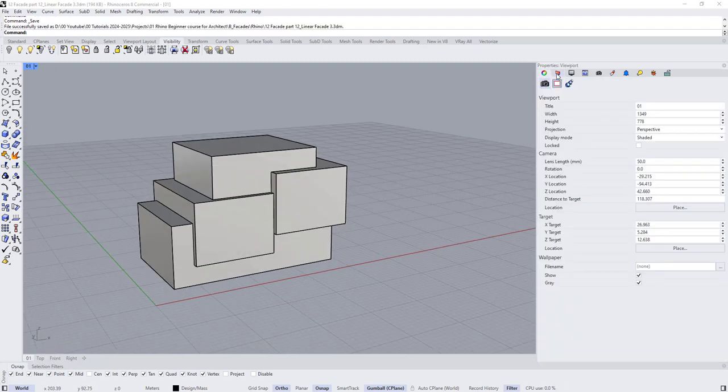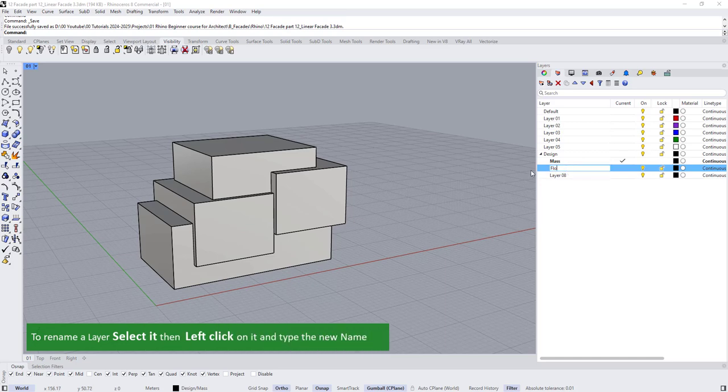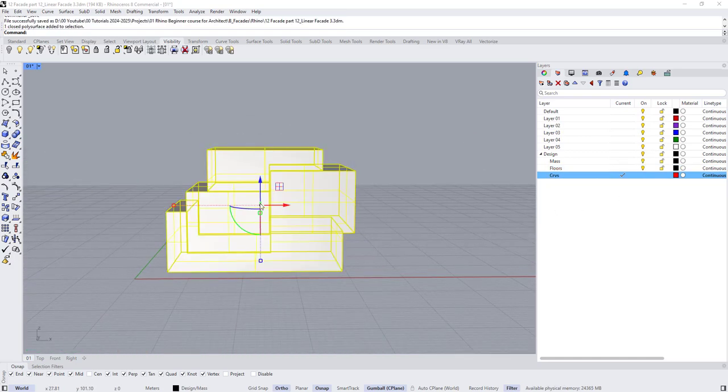Okay, now let's start modeling the floor. So I'm going to layers and let's name this layer floors, and let's also create another layer and let's name it curves. And I'm going to give it a red color and select this layer,